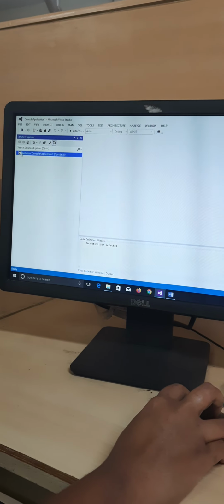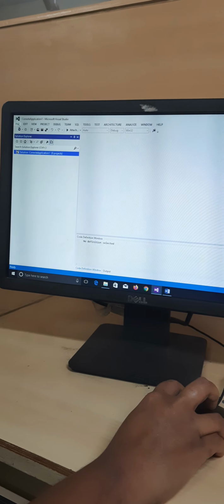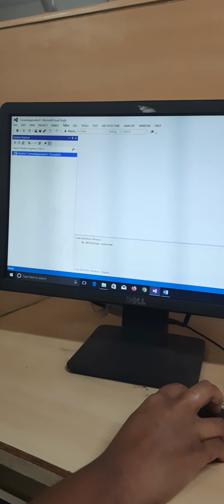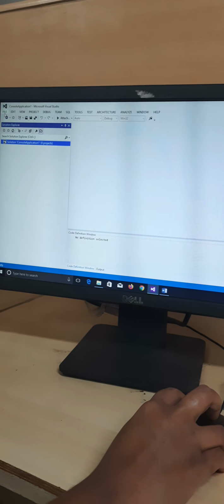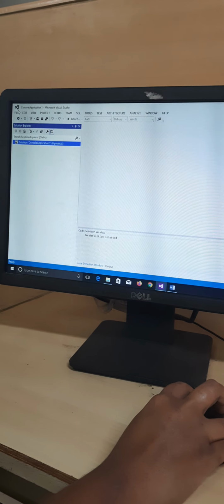Okay students, now we are performing a DLL assignment. DLL is nothing but the dynamic link library. So we perform this assignment in Microsoft Visual Studio. First of all, in that assignment we are creating a DLL application and then we link this DLL application with